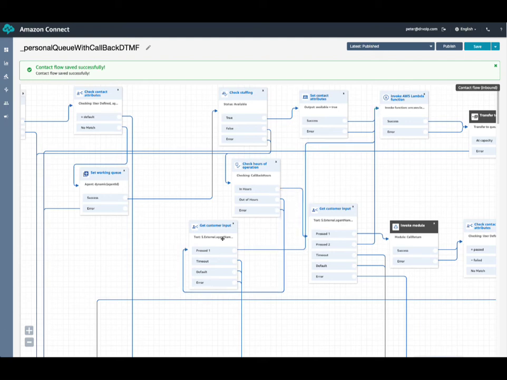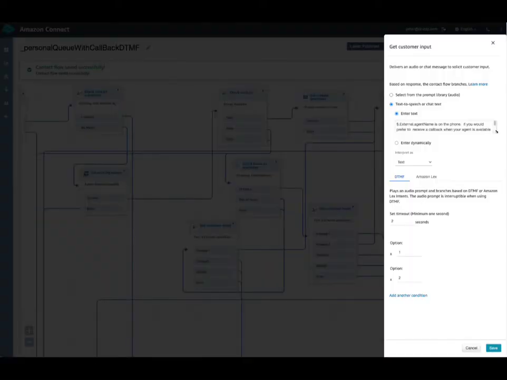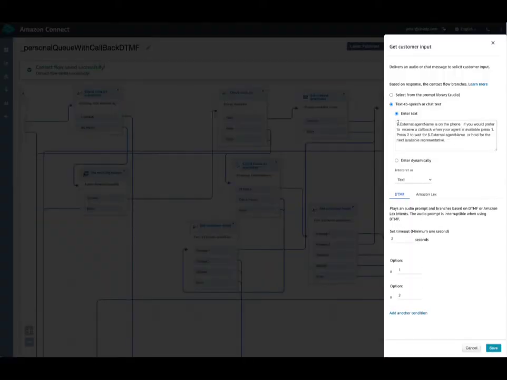If it's not, we go this way. Let's go down the path that says it's during business hours. And here we've basically got a prompt that says, we got the agent's name, so we can say, Peter's on the phone. If you would prefer to receive a call back when your agent is available, press 1. Press 2 to wait.